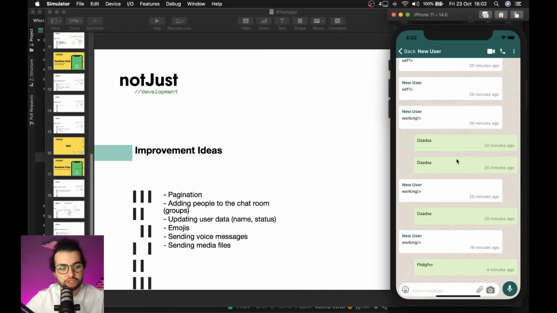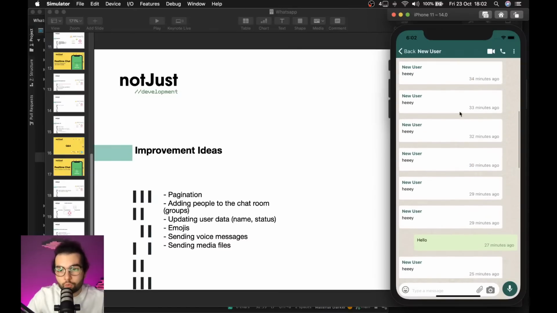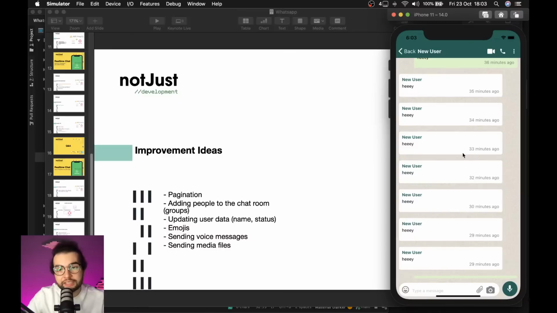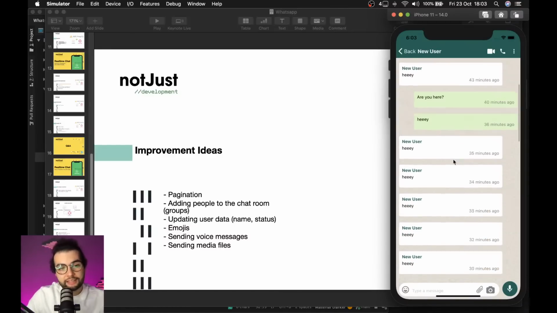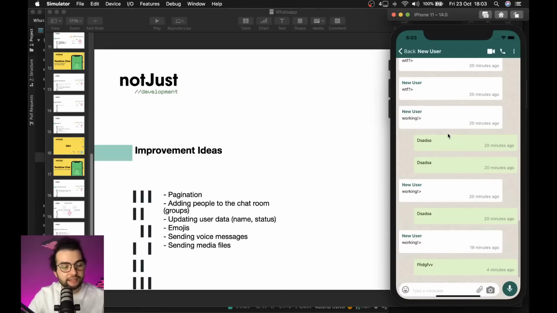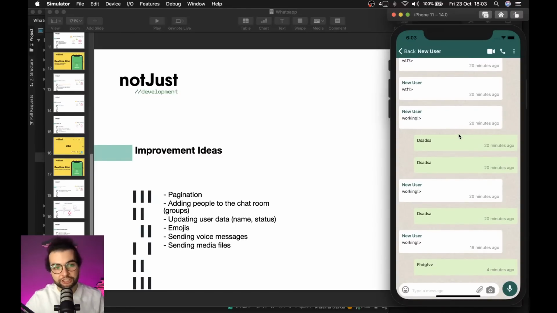It will return at most 100 items. So you will return 100 messages and display them here. However, when you scroll up, you will gradually load more messages, and you'll do that with pagination. In GraphQL, that's pretty easy. Go ahead and research Amplify pagination, and you'll see that Amplify, for each request,